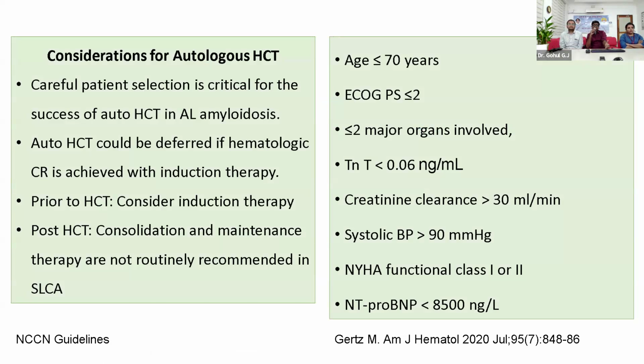Prior to stem cell transplantation, consider induction therapy; post stem cell transplantation, consolidation and maintenance are not routinely recommended in light chain amyloidosis. Usually, patients considered for autologous transplant are age less than 70 years with a good performance score, less than 2